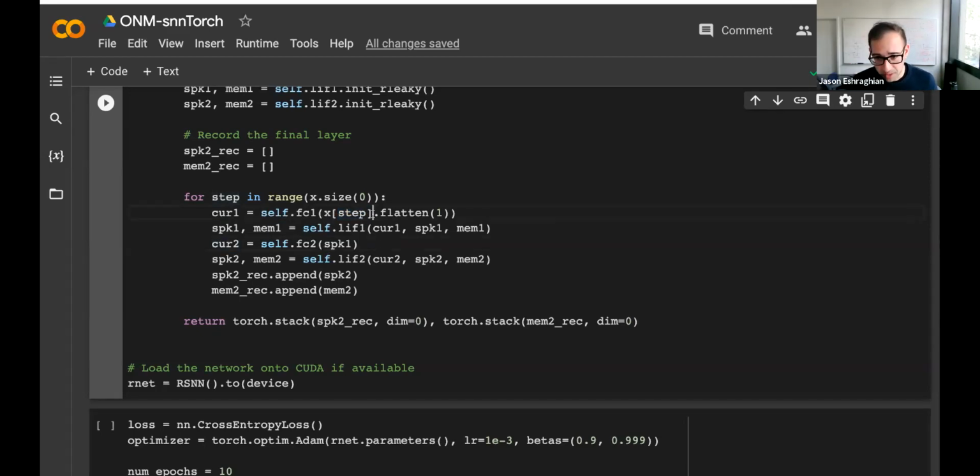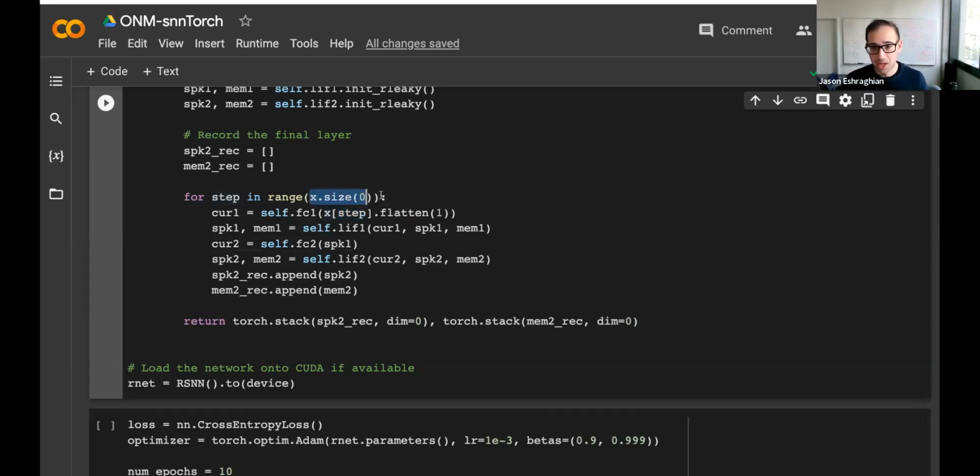So we iterate through every time step of data, and that iteration through time would preclude 1D convs from being applied over time, because you only have one time step at a time available to you. So yeah.